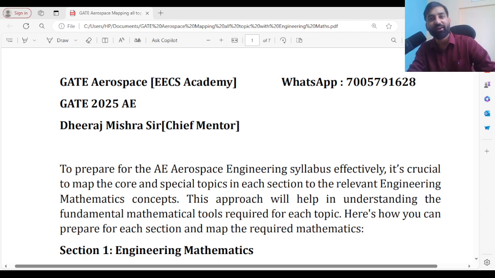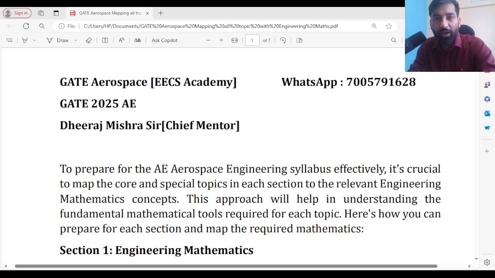With the mathematics. As everybody knows, if you're not good at maths, you cannot perform well in the GATE examination, as far as GATE aerospace engineering is concerned, or any other branch per se. You take up any GATE paper, you might have seen that the very first subject mentioned in any engineering syllabus is engineering mathematics.